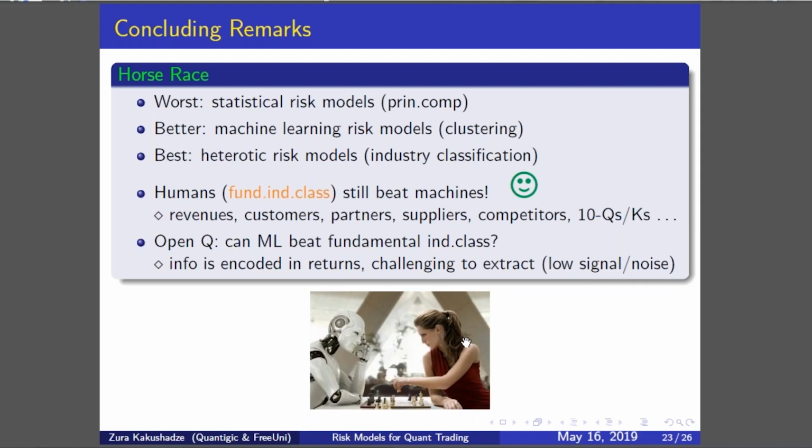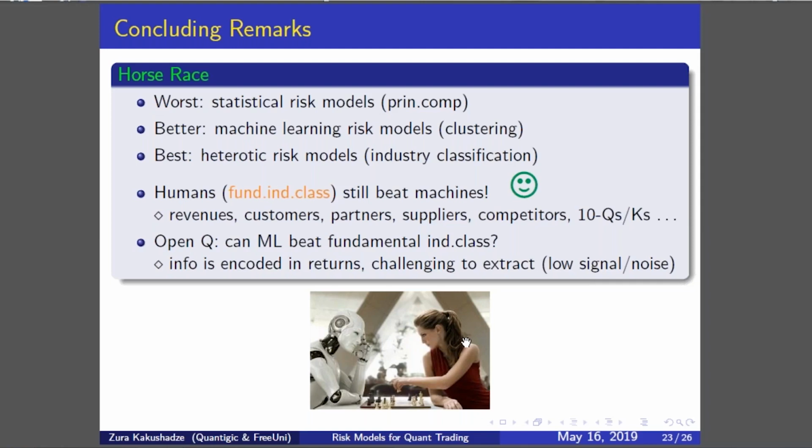However, they actually underperform the heterotic risk models based on fundamental industry classification, and there's a substantial difference. So basically, you could say that humans, meaning the fundamental industry classification, still beat machines at this point. And in that regard, I want to point out that the fundamental industry classifications are based on